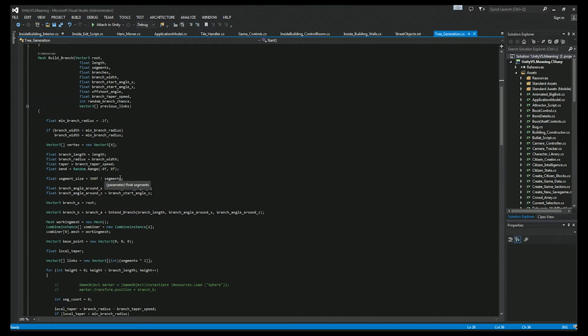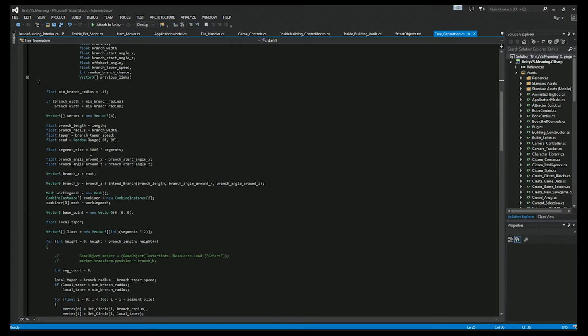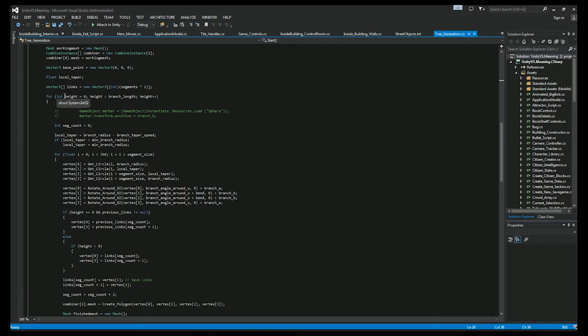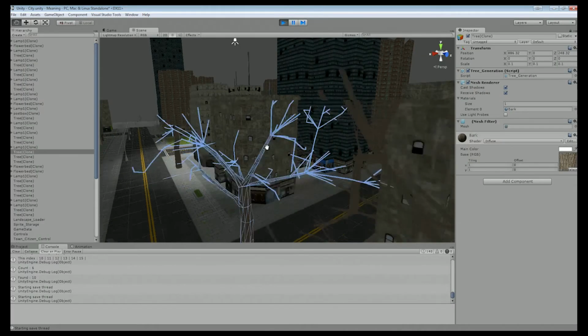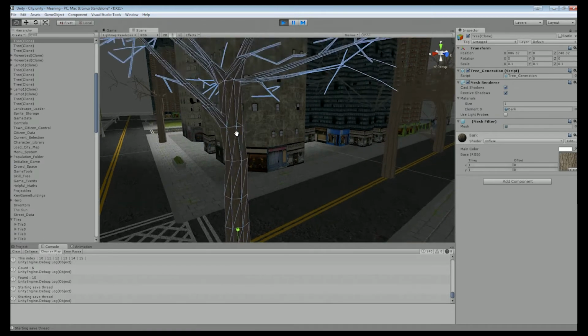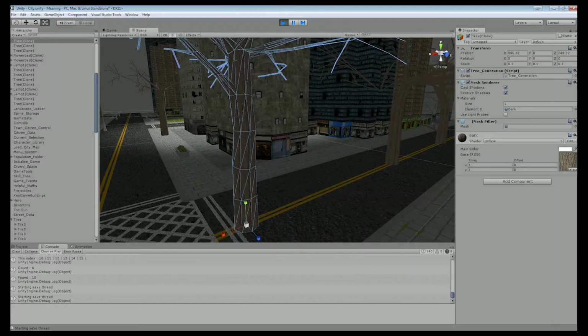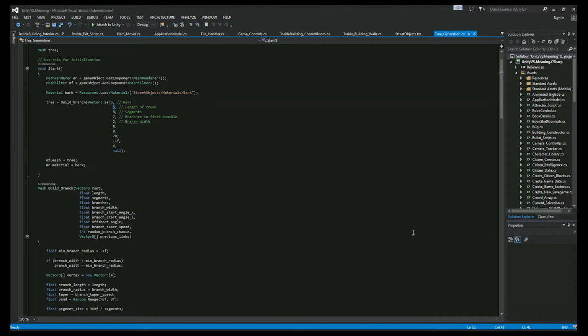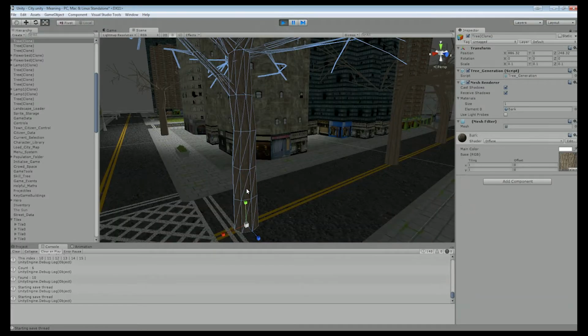That function itself, there's a lot of messy code, and I'm not going to describe every line. I'm just going to talk about the general method I took. Basically, each branch has a length, and you iterate through the length. I can probably show it better by looking at the tree. So each branch is made up of 1, 2, 3, 4, 5 segments, which you should see probably at the beginning of my code. Length of trunk is 5. So we're going through 1, 2, 3, 4, 5,